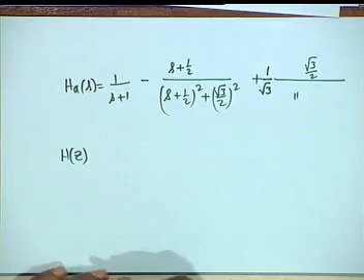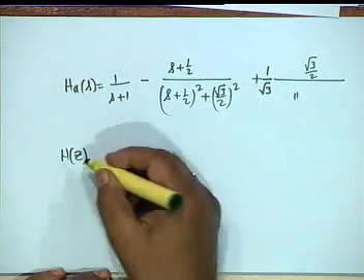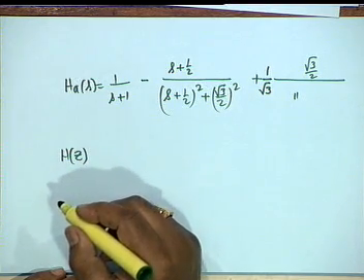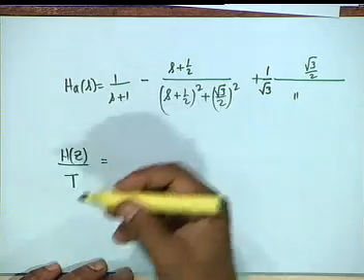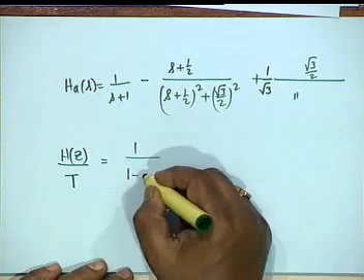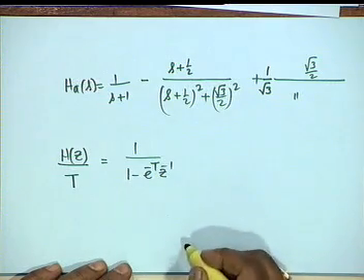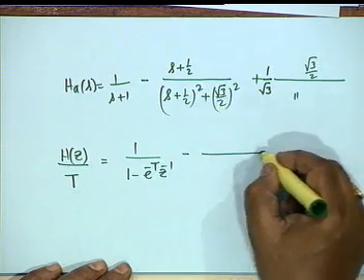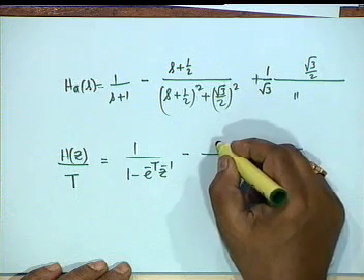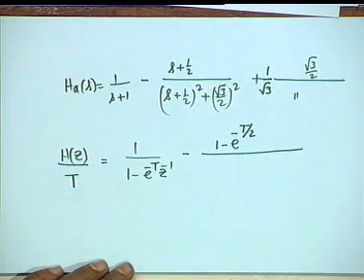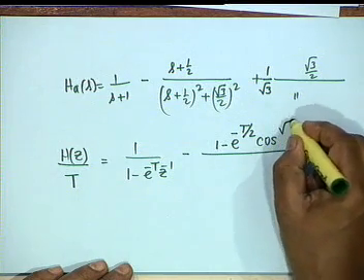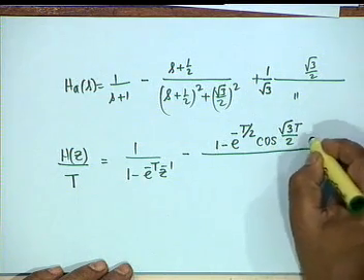And now I am quite comfortable. My transfer function, therefore, h of z, this is the point where you multiply by capital T. So, you say h of z by capital T would be equal to, now take it term by term, 1 by 1 minus e to the minus t z inverse, then minus 1 minus e to the minus t by 2 at, then cosine bt, that is root 3 t by 2 z inverse